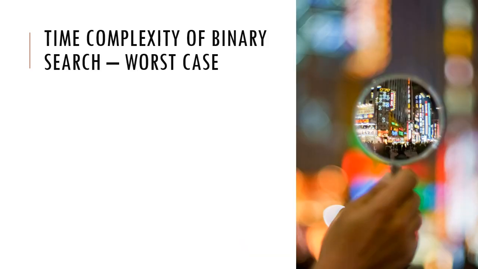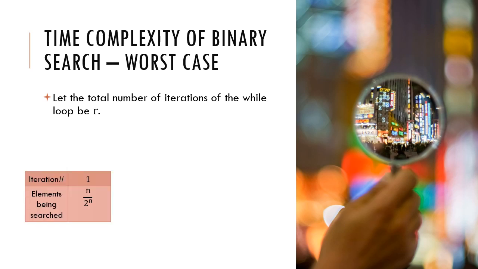So what is the time complexity of binary search in the worst case? Let the total number of iterations of the while loop be r. In the first iteration, we are searching through n elements. I can write n as n upon 2 to the power 0. But in the next iteration, we are only working with half of the elements, either on the right of mid or on the left of mid. So in iteration number 2,